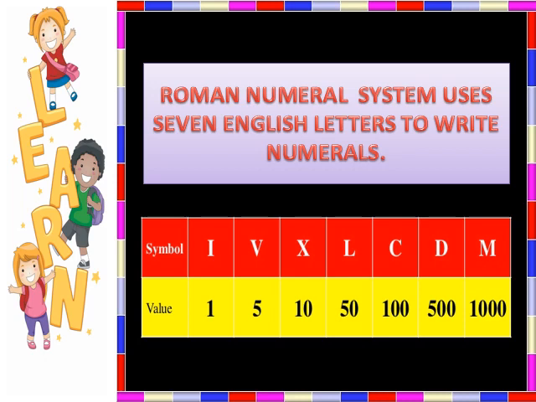Now you have seen there are symbols for numbers 1, 5, 10, 50, 100, 500 and 1000. To write the rest of the numbers of the Hindu-Arabic numeral system, we either add the numbers or subtract them according to certain rules. So, today you will learn the rules to write Roman numerals. And in this class, you will learn about the first 4 symbols, which are I, V, X and L. Children, using these 4 symbols, you will learn to write the Roman numerals from 1 to 50.